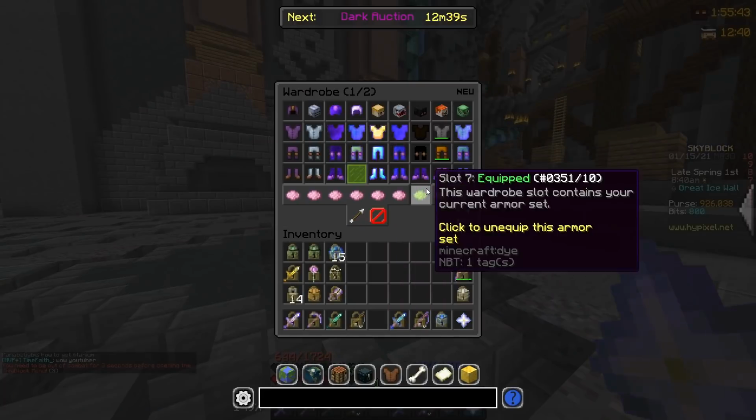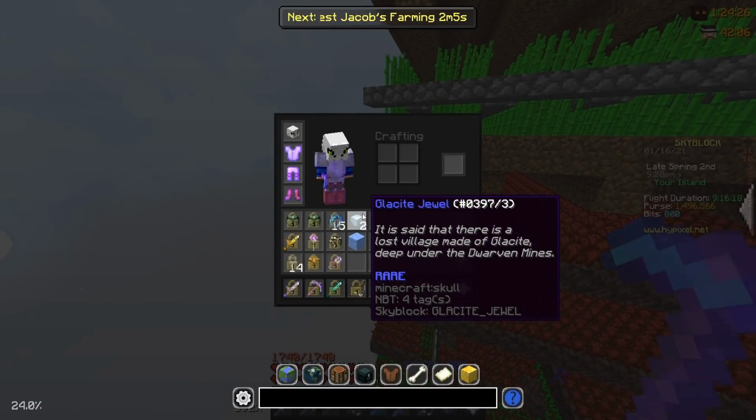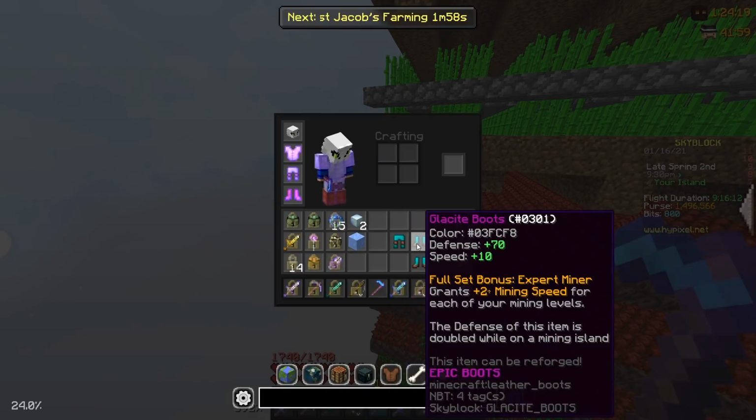I'm just gonna have to switch to one of my damaging sets. So yeah, really glad I enchanted that goblin armor. Okay, so I've gotten 2 out of the 3 glaciite jewels that I need. Also somehow almost got an entire set of glaciite armor, which by the way, I'm not sure if this actually